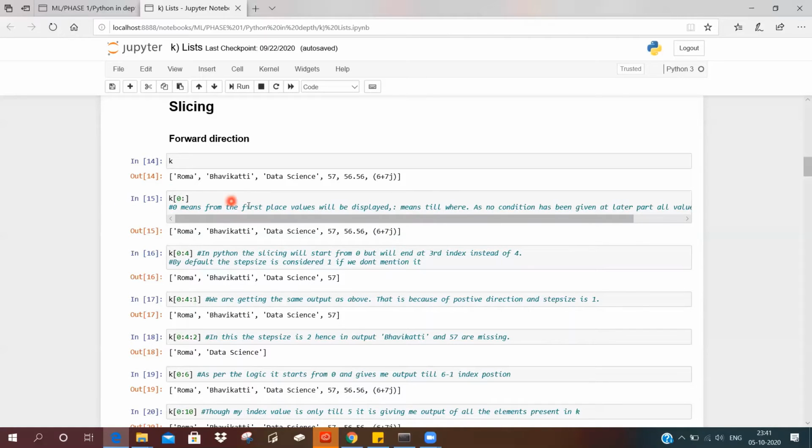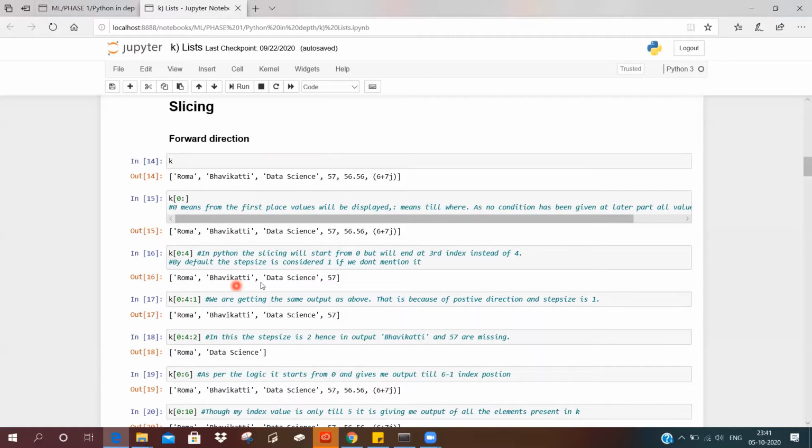It will have all the values of K. K of 0 colon 4 means it will start from 0. However, my last index value output will be 4 minus 1, which is the third index value. This is my 0th index value, first, second, third.